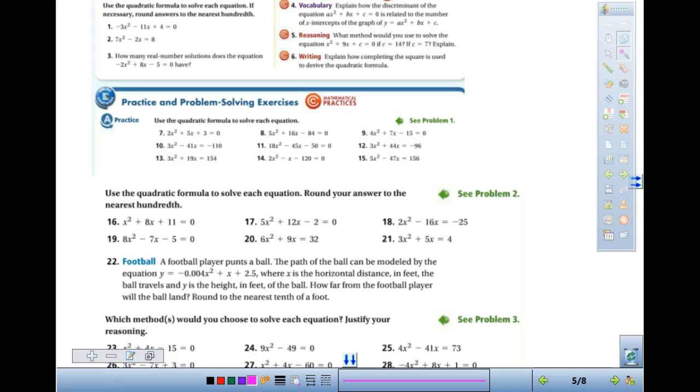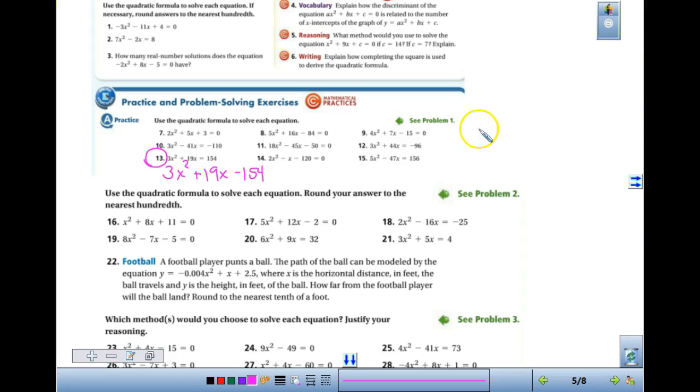Yeah, 13. All right. So in 13, one of the first things we want to do is get it set equal to 0. So we have 3x squared plus 19x minus 154. Ugly numbers, right? It's going to be pretty large when we are looking at that. So